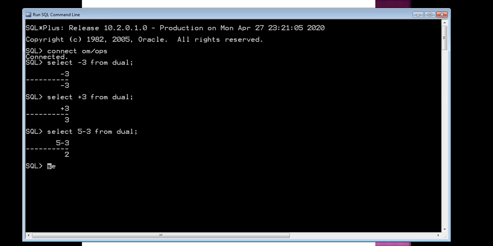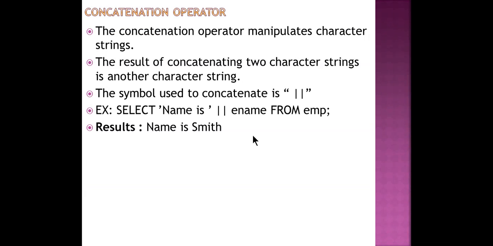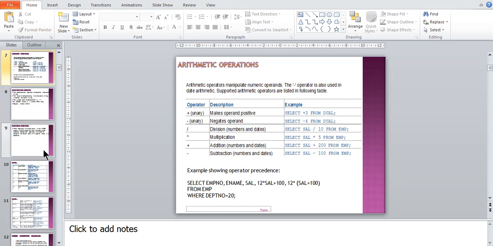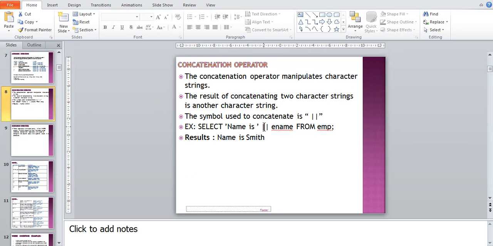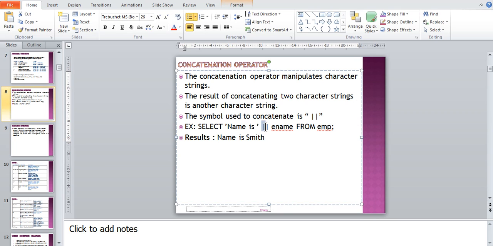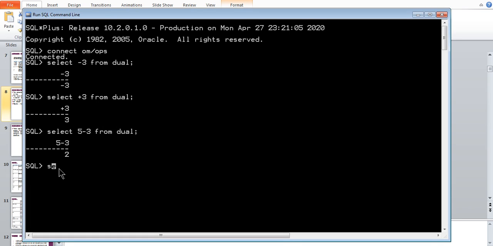Select, okay, actually this symbol is not working on my keyboard. So let us copy this. I will copy this symbol, and simply I'll paste here.